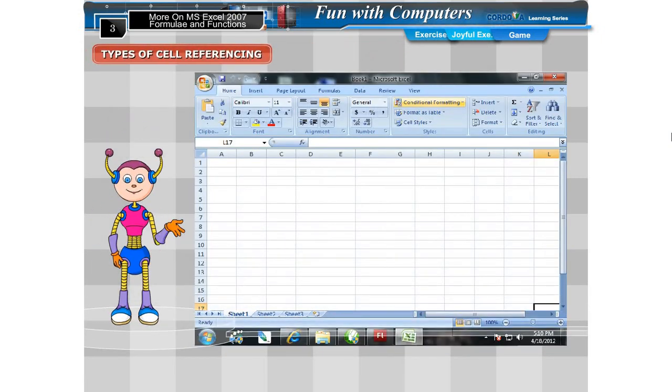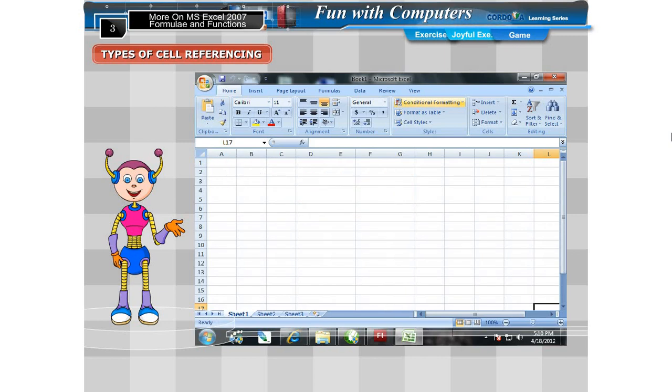Types of referencing. Cell referencing means how a cell address behaves in the formulae when it is copied from one cell to the other. There are three types of cell referencing in MS Excel: relative referencing, absolute referencing, mixed referencing.